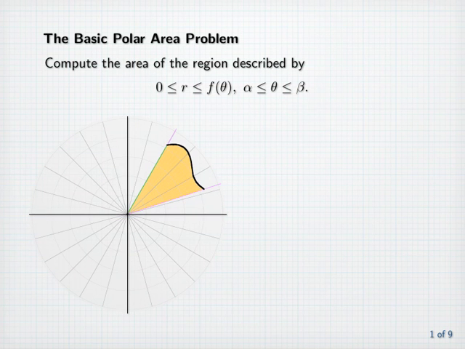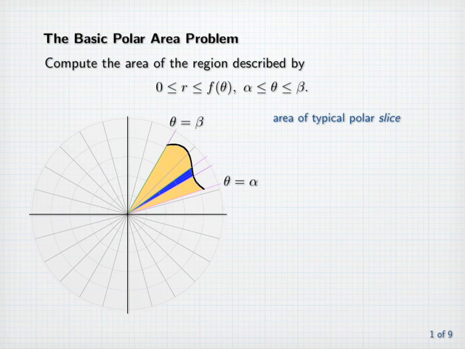Notice that it's bounded by the graph of r equals f of theta, and the rays theta equals alpha and theta equals beta. To find its area, we need to know how to express the area of a typical polar slice, which has the shape of a wedge that's approximately a small circular sector. Suppose it's located at some theta between alpha and beta, and that it corresponds to a small change delta theta